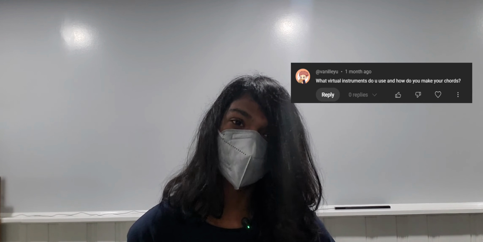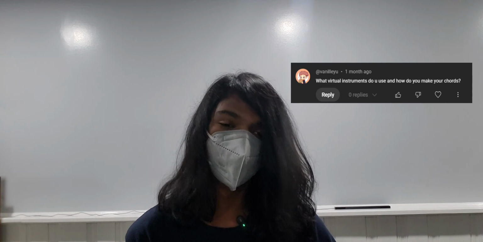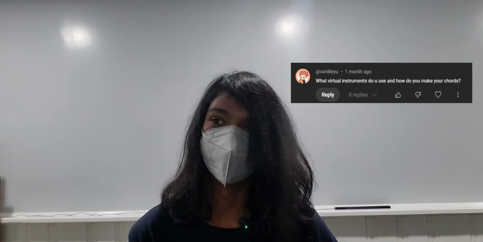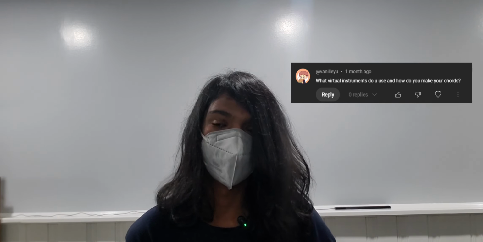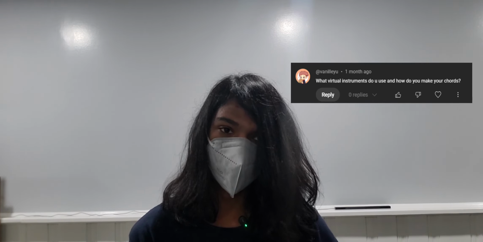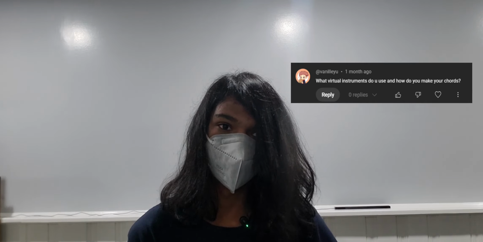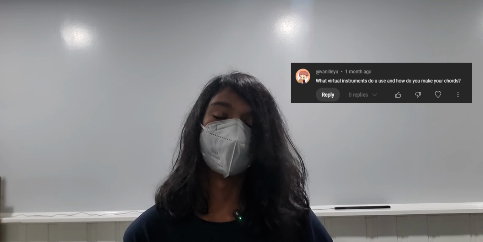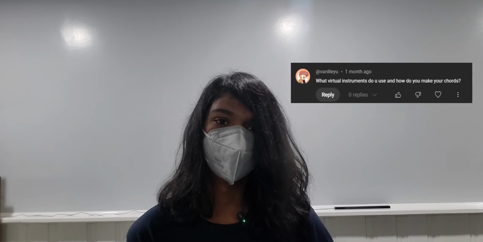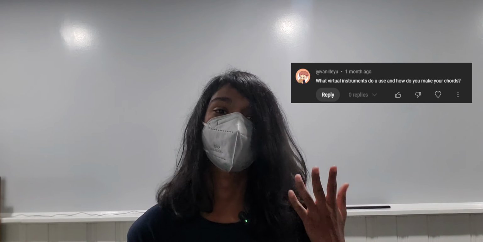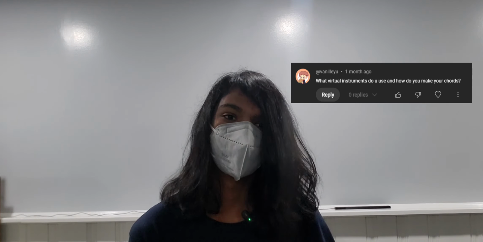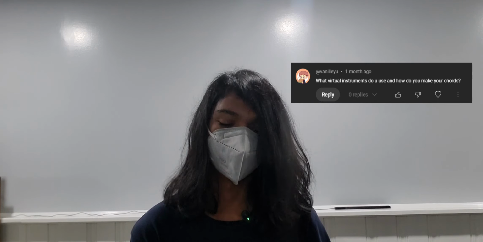How do I make my chords? I've been doing music theory for about 4-ish years now, so I mainly just go with a couple chord progressions that I like, and I do some variations or some substitutions or some upper extensions, but a lot of the times it's the same couple chord progressions. So listen to my music and see what chord progressions I use. That's like the best way to make chords. Just listen to songs you like and steal the chord progression. That's legitimately the best answer I can give.